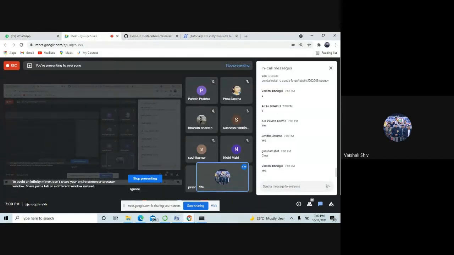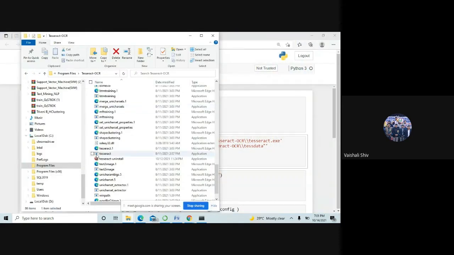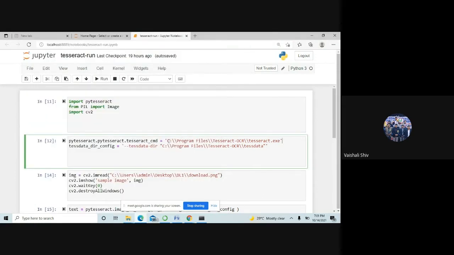Yeah. So now when it is done, this is a very important line of code, because I told you to remember both those files, right? So we have to write pytesseract.pytesseract.tesseract_cmd equals this path. Just remember this path is the path of a file. Just see it very carefully. This file, tesseract, is an exe file. You have to copy the path, and you have to paste it over here.